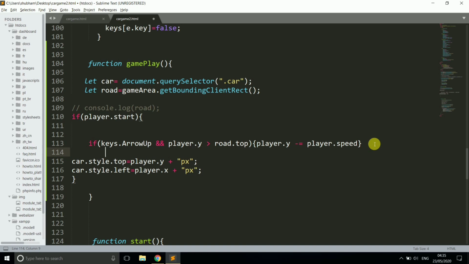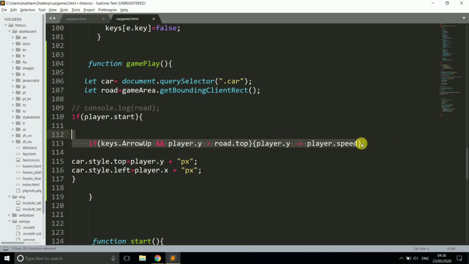Now give other conditions so your car doesn't leave this game area. We need to add 4 conditions for the arrow up key, arrow down key, arrow right key, and arrow left key. All 4 conditions are necessary to move your car around the game area, up, down, left and right.